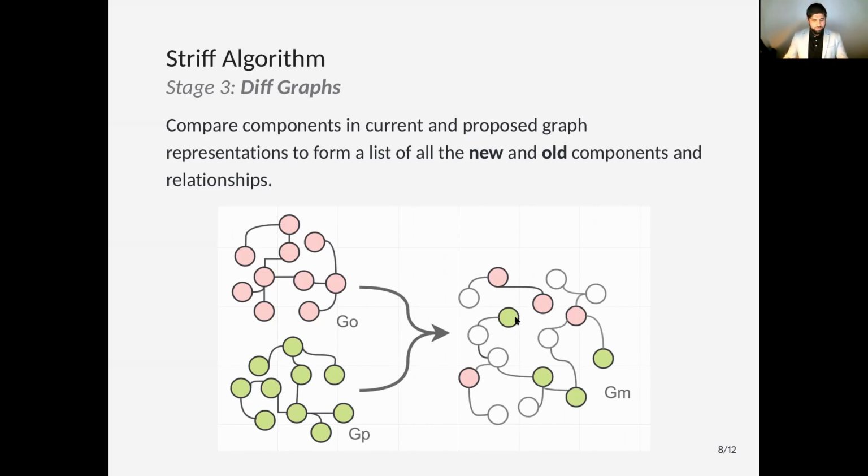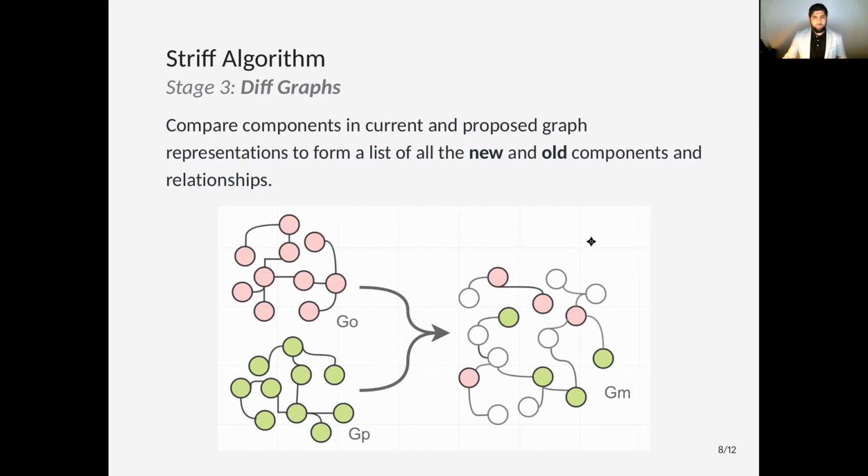While this is not the last stage of the algorithm, I was able to output the graph represented by GM in a sample diagram just to give you an idea of what it looks like. As you can see, the output of stage 3 is this really large diagram represented by the merged graph, and it's not very readable at all. We certainly wouldn't want to show anything like this to a code reviewer because it would just make their life even more difficult. But as you're probably expecting, the next stage of our algorithm is to take this really large graph and break it down in a meaningful way.